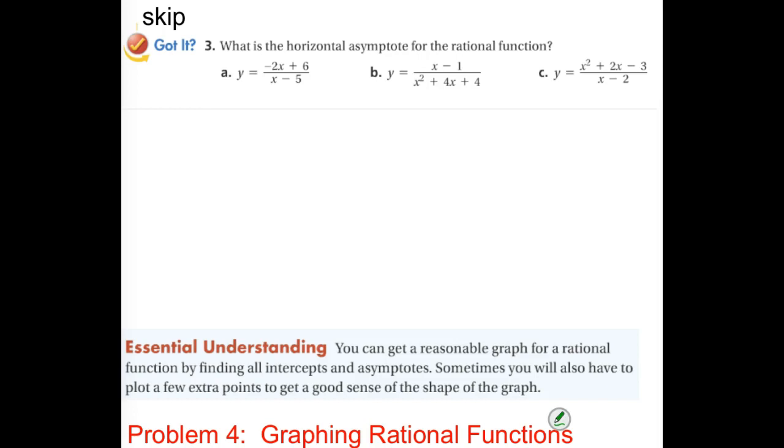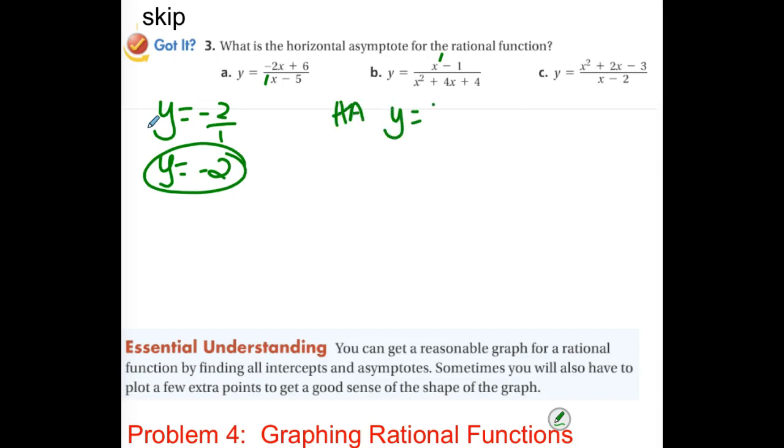All right, what do you notice in the first one? The degrees are the same? They're both 1s. So we use what? The leading coefficients, yep. So y equals -2 divided by 1, or just -2. Second one, top degree is 1, bottom is 2. So the top is smaller. Where's the asymptote? And in the third one, top degree is 2, bottom is 1. If the top's bigger,